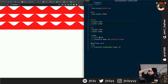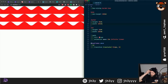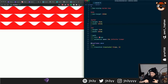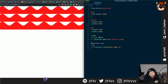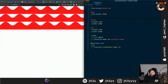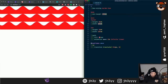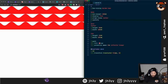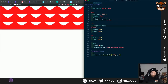Depending on, so I want to do a footer version, so I need to do this slightly differently. How do I need to do it? I can do it like, yeah, I'm gonna do main. This is how I'm going to do it. I'm going to do display flex, align items center, justify content center, main background blue,